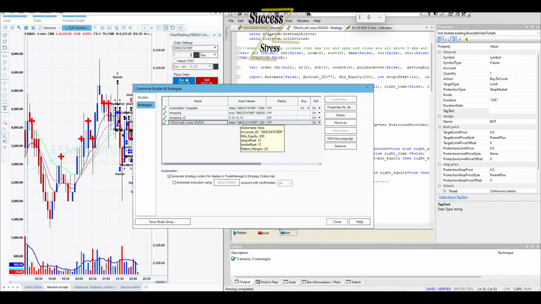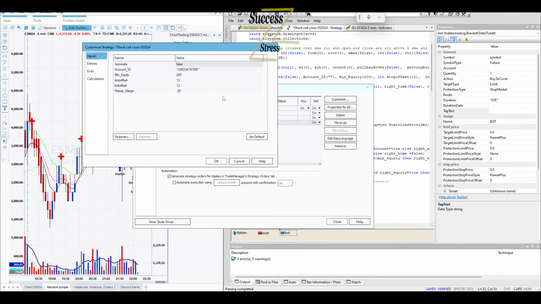You see this? Sim 2347479F. Sim 234. No, it's not. It's 237. So I have to put 237 in there. Yeah. All right. That's what happens when you're too fast.